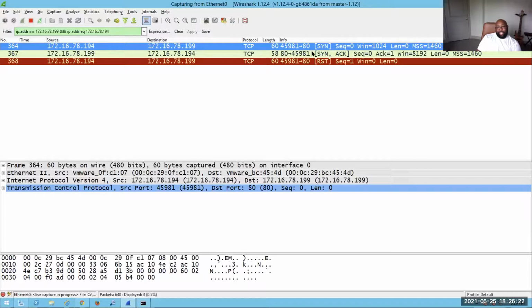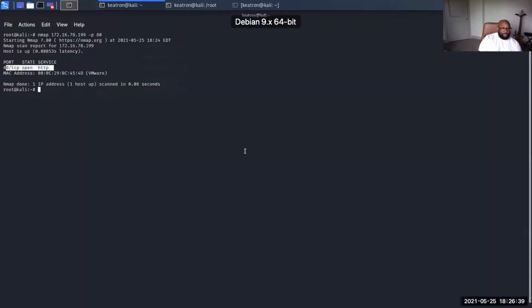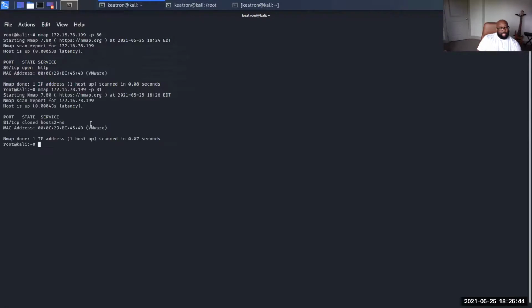Now, if that's how it knows it's open, what happens if a port is closed? Well, port 81 is closed. So let's see what happens when we scan that. So I'll go back to our Kali machine, and we'll change the port to 81. And you see it comes back and it says it's closed as opposed to open that we saw for 80. And how it actually knew that is if we go look at the capture now on the Windows side,